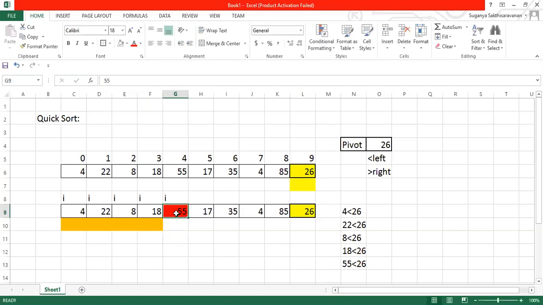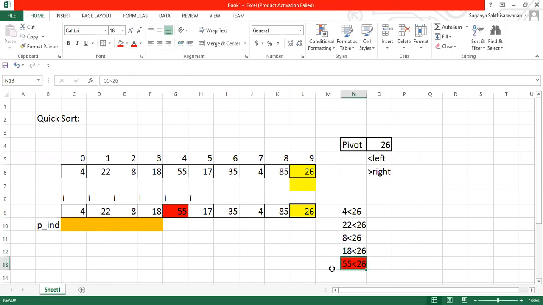So if I find that this value is less than 26, this pointer should not move. It will be at the same position. Your i pointer moves. This is some more pointer. Let us mention this is the pointer p index. This p index pointer will be moving only whenever the value is less than 26. If it is greater than 26, it stops there itself. Again, I'll move on to the next position. This condition failed, so I'll move on to the next position.